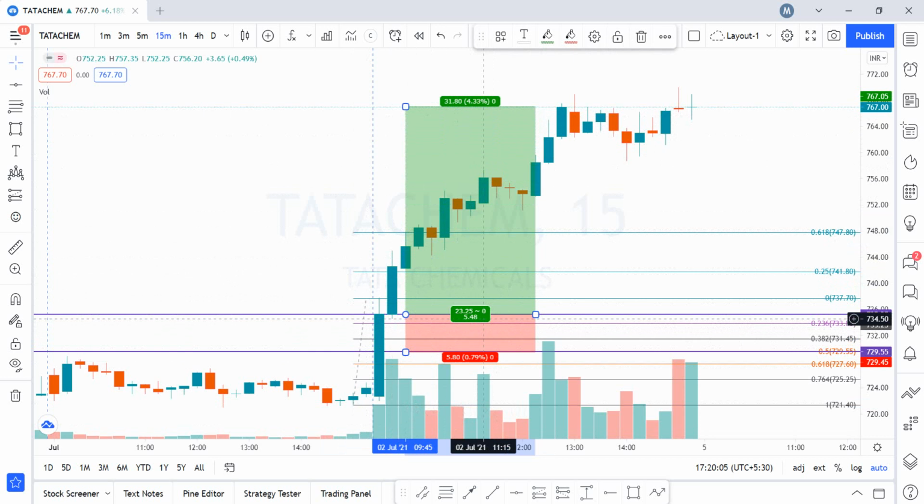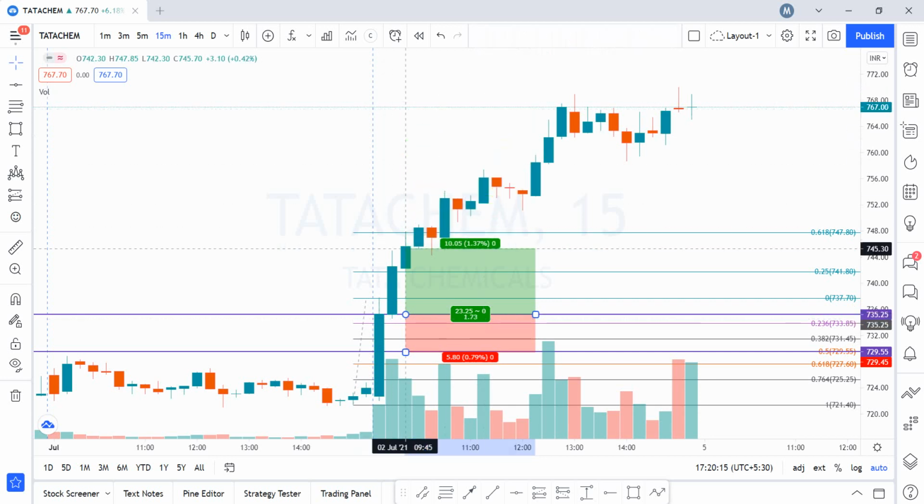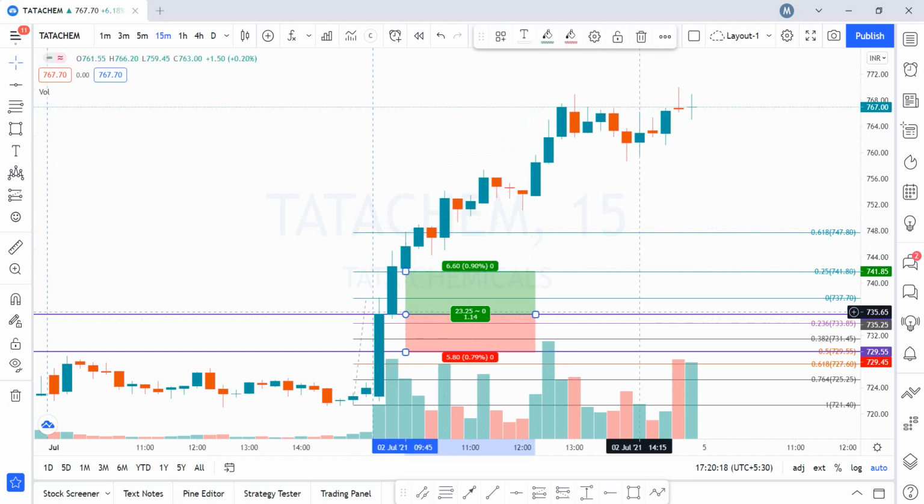Here you will be getting a lot of big runners, big movers per day, and out of them you need to be selective. Just make sure that when you get a 1:1 risk to reward ratio, you partially book your position and de-risk it so that you are no longer going into the red on any of these trades. You can book 50-50, or even 80% of your position at 1:1 risk to reward. With my back testing for so many months, I can tell you that this strategy works about 70% of the time perfectly well.